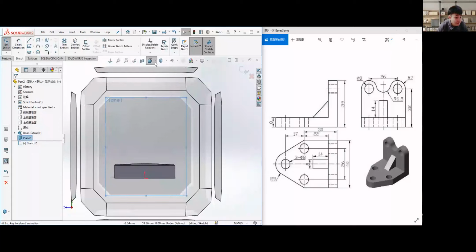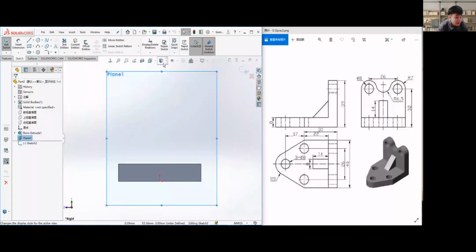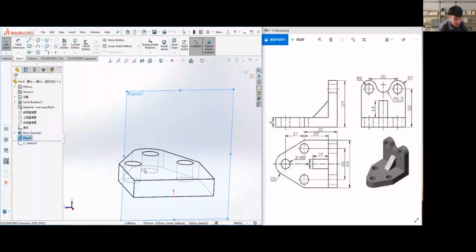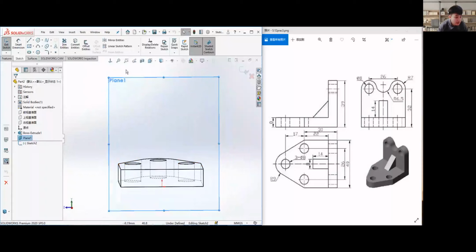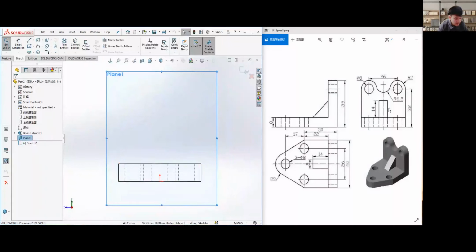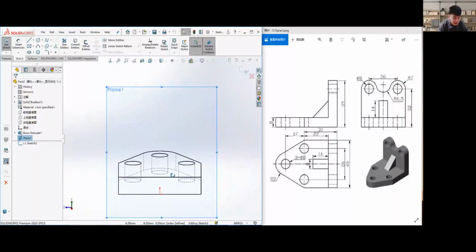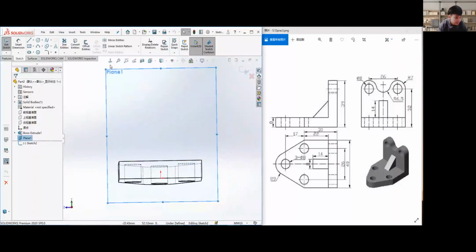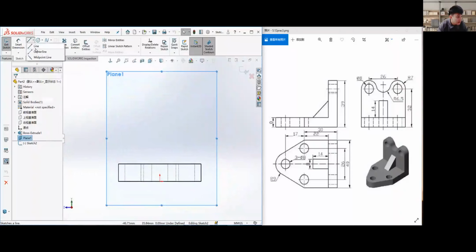And for this one here, we just look at the space and see how to make this appear. We just use the view, the display style. So we choose the display style right here and use the hidden line visible. Okay, see that? So we can see the hidden lines. All right. And so now we can build the center line for it, right? For this circle right here and this circle right here. Okay. So we build a center line,